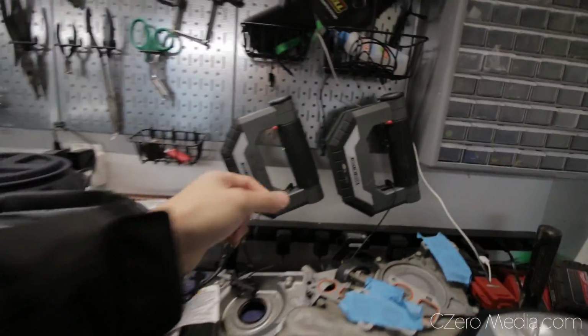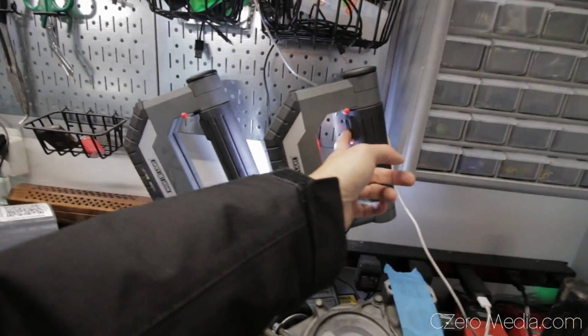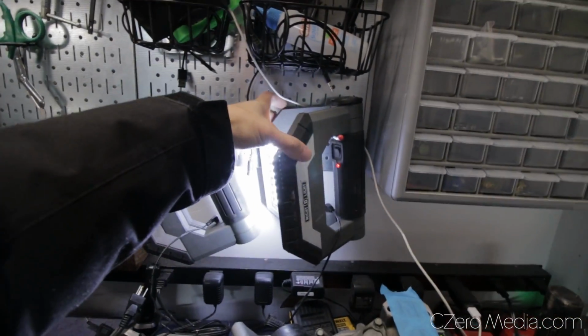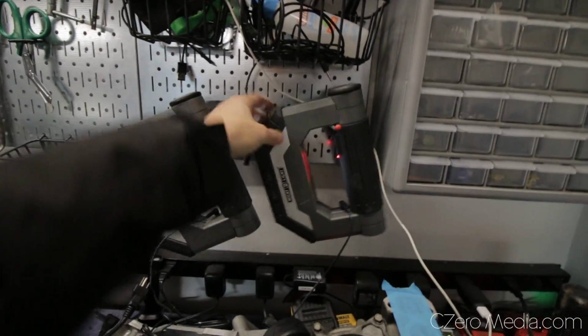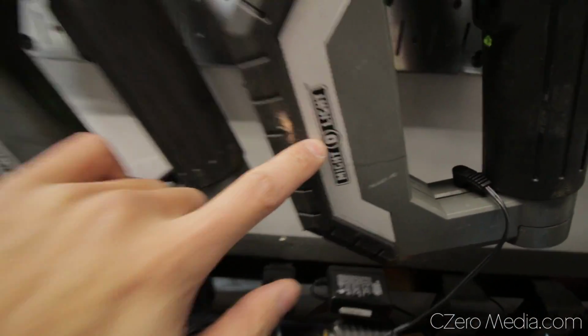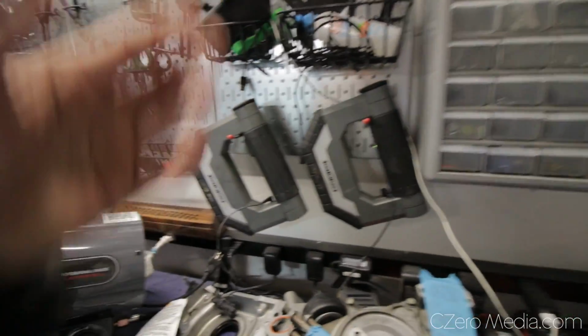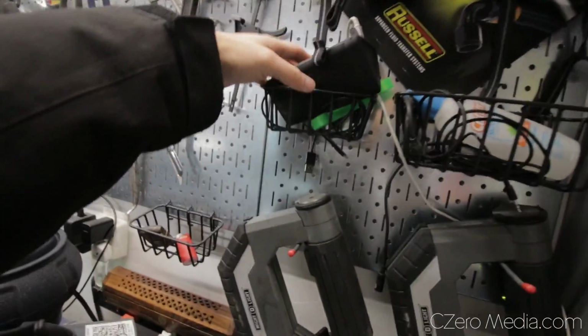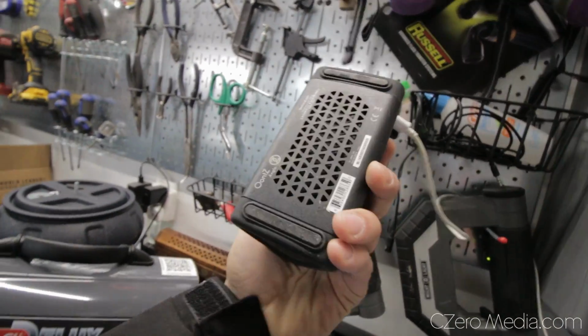Actually, over here I forgot, I have a Mighty D lighting setup. It's like a fan that folds out. You have seen this in my Evo build videos all the time. I have 2 of these. I got this on Amazon as well. Mighty D light. You can get it for, I don't know how much I paid for these, like 20 to 40 bucks, very cheap. Up here I have a Bluetooth speaker,